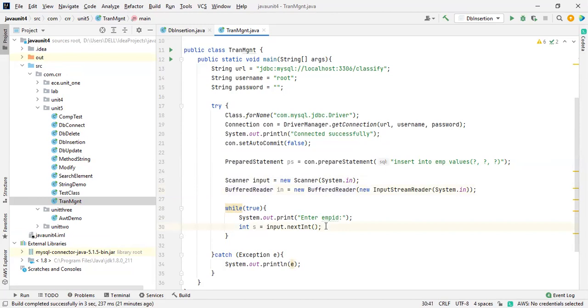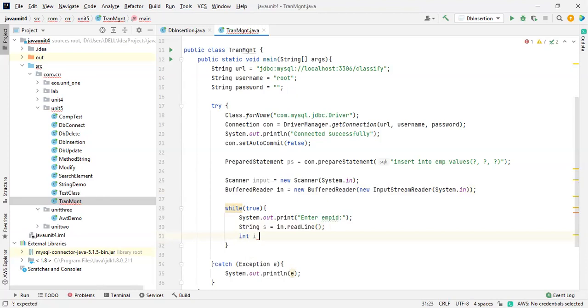You have to take it like this. Sorry, sir, I want to know the new thing for the reader. So this is a string value. I need to convert it into int: i is equal to Integer.parseInt. This is the conversion from string to integer. You know about this, right? So from the string itself, I'm converting to the numerical value. This is a numeric value, right? That's why we need to convert it, or else there will be an error. The exception will occur. You have to remember all these things.